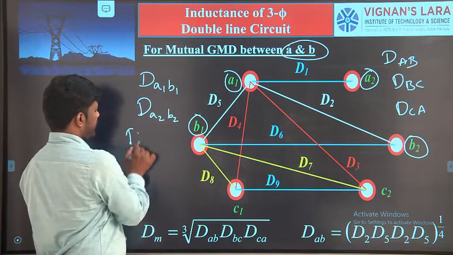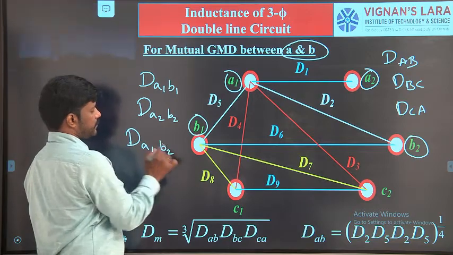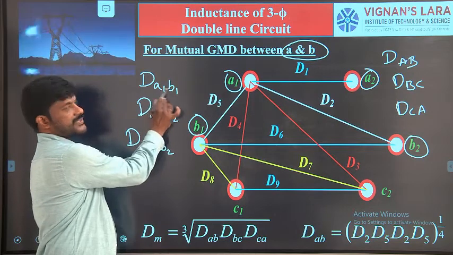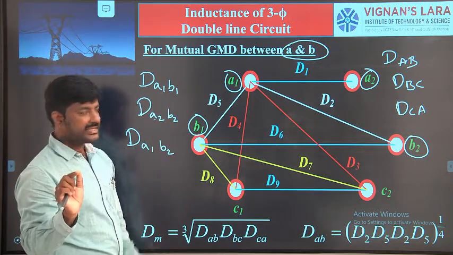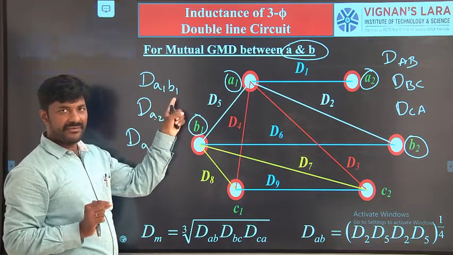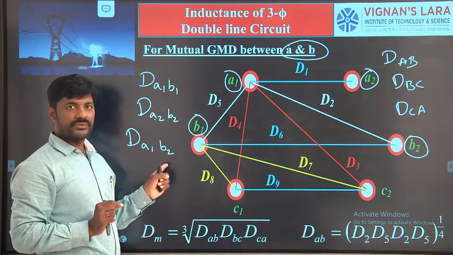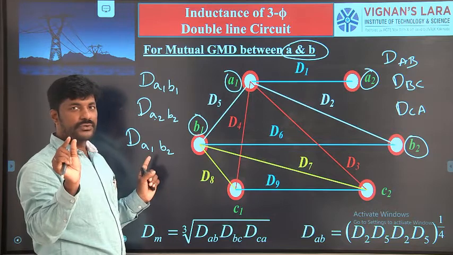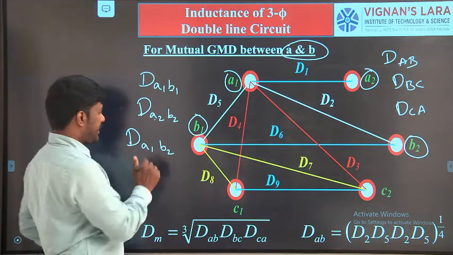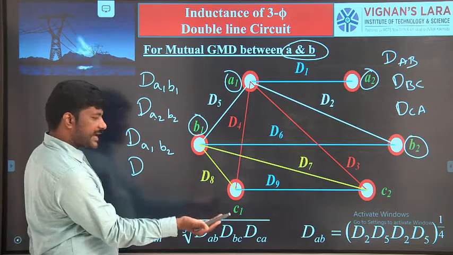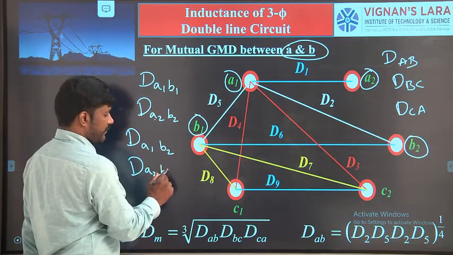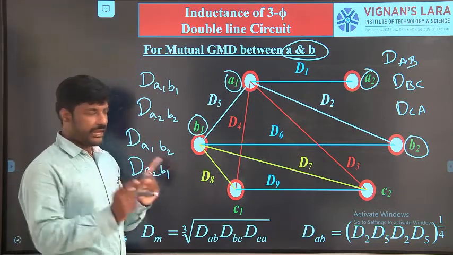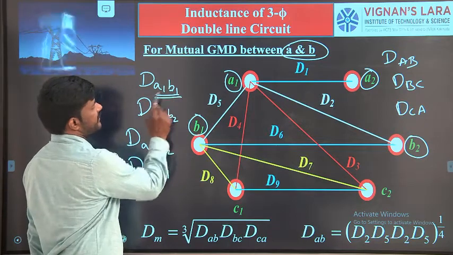We will mix those two. On mixing up, from circuit 1 to circuit 2, mutual. Remember one thing, mutual means you should get different terms, different notations. Self means the same letter you should get. A1, A1, A2, A2, A1, A2, same. A2, A1, those are selves. Mutual means 2 different alphabets you should get. What are they? A1 to B2. Next, from the second circuit to the first circuit, A2 to B1. This is about the 4 distances mutually occurring between AB. Yes, let me see this. What is the distance between A1, B1?